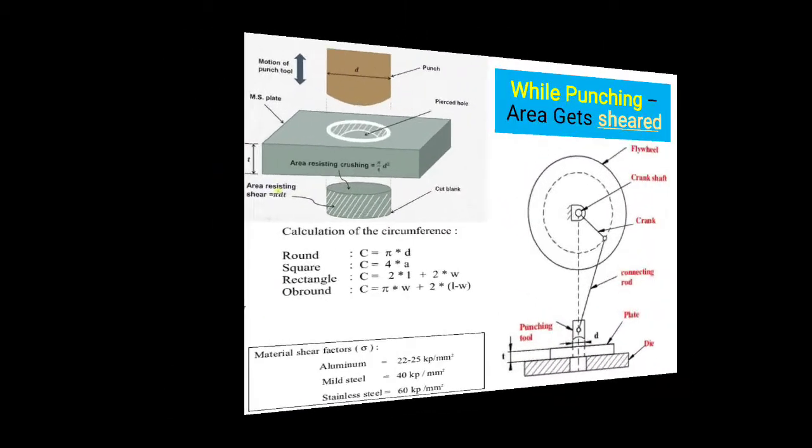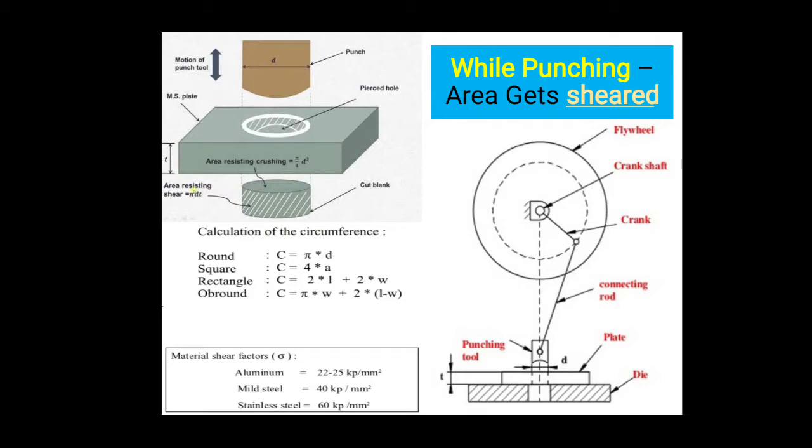Okay, we have to carefully go through the previous session's video. So this is the continuation. For the round, the circumference will be C equal to pi into d. With respect to thickness, T will be there. The blank we have to take into account has some thickness. The thickness will be multiplied with pi into d into T.